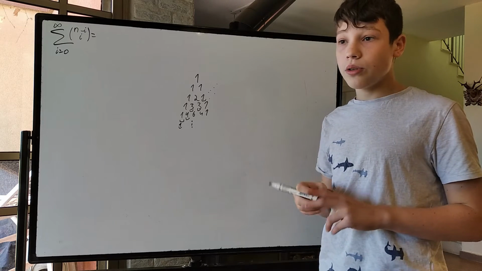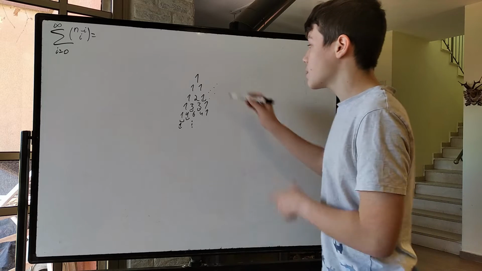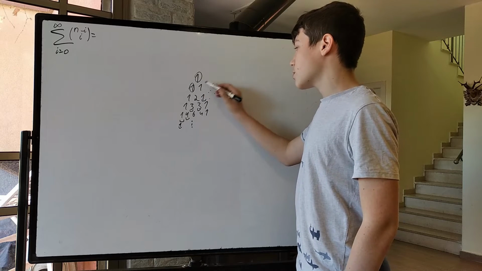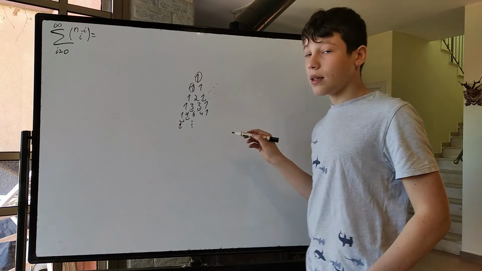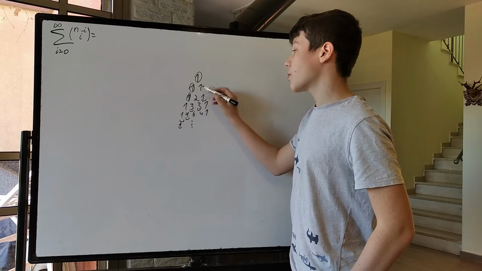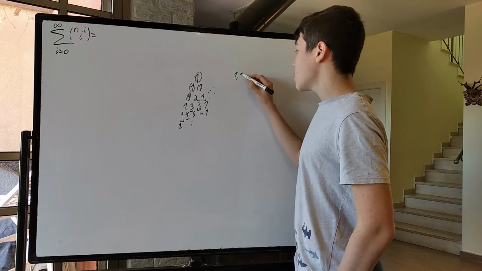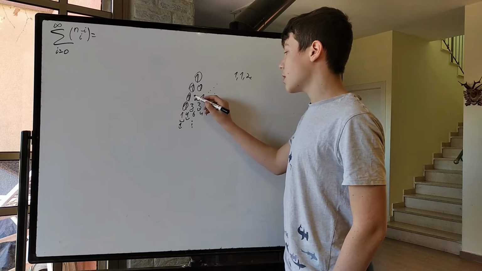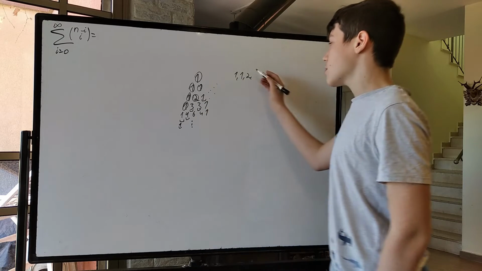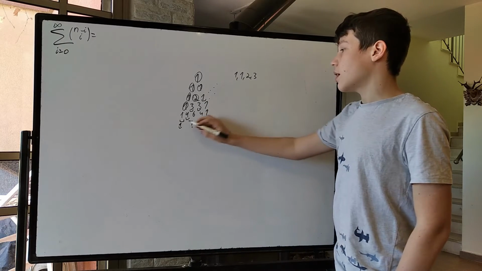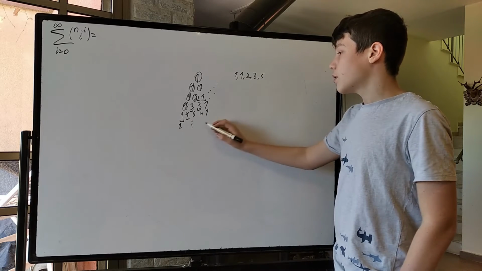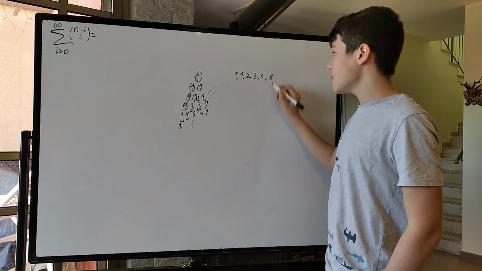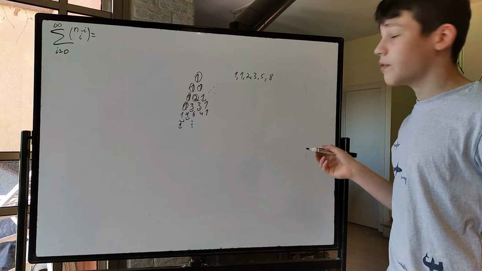If you actually figure out these sums, you find that for 0, it's just 1. For 1, it's 1, then the rest are 0. Then it's 1 with another 1, so that's 2. Then we have this 1, and then you move over diagonally and add 2, and the rest are zeros, so we get 3. For 4 it's 5. For 5, we look at 1 plus 4 plus 3, which is going to be 8. And it seems like these are the Fibonacci numbers,